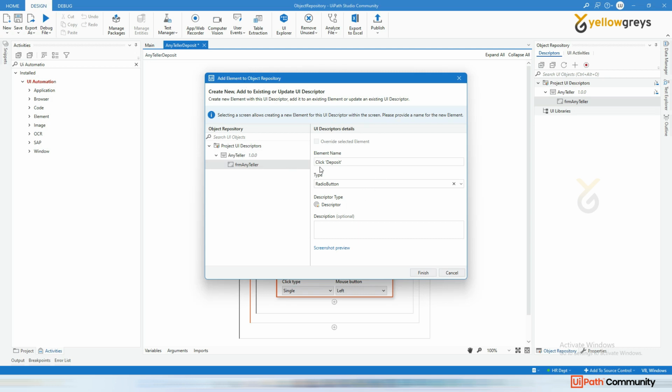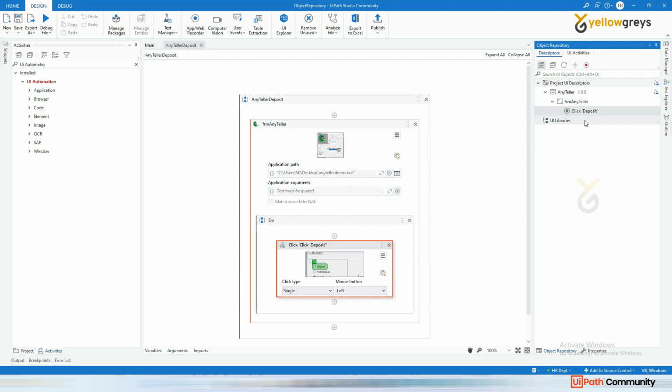Okay, and here it says Click Deposit. If you want to add some name, the element name, you can add it. So this is the meaningful name. I can leave it as it is, Click Deposit, and the radio button, and so this I can add it by clicking on Deposit. Okay, then Finish. So the moment you click on Finish, you will get this Click Deposit option,